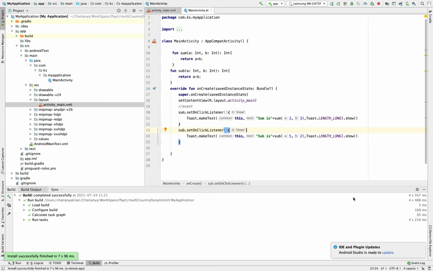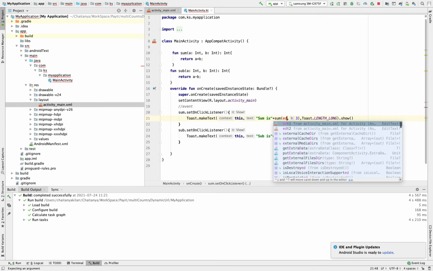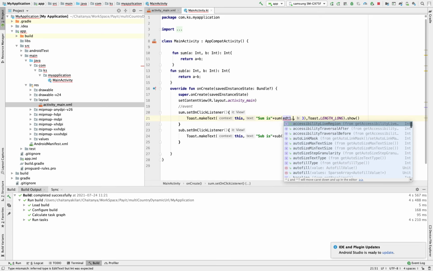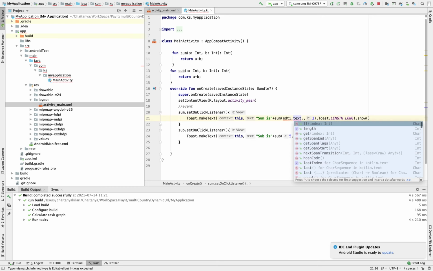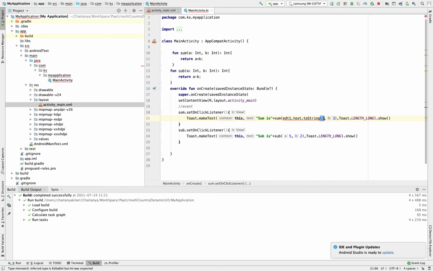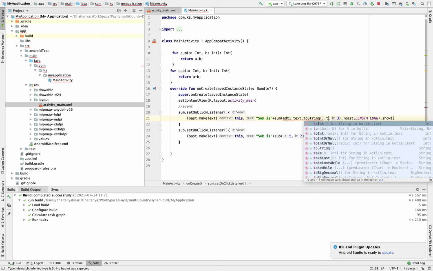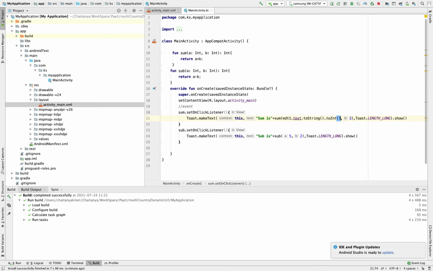See, here we are writing, instead of sending values statically, we need to get the values from the text box. edt1 dot text dot toString, and we need to convert this into integer also, toInt again. Okay, fine. But first we sent these values not dynamically. By default we are placing the values previously. For now we are getting the values from the design itself.